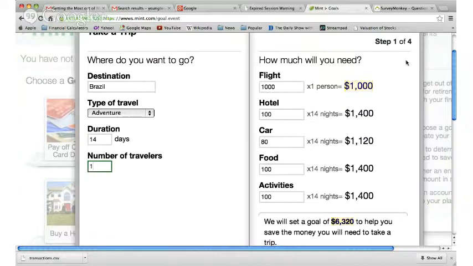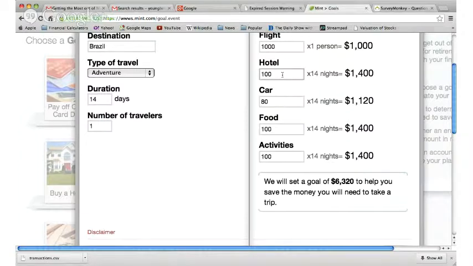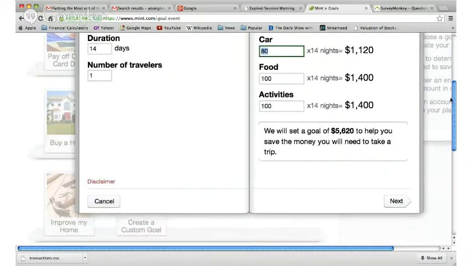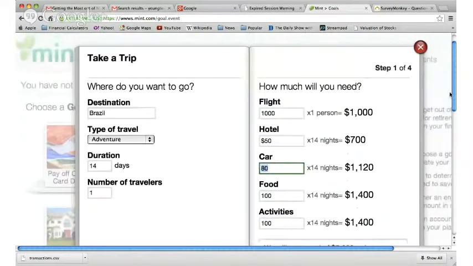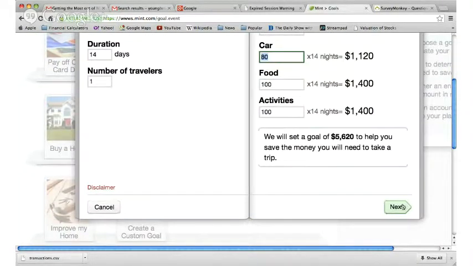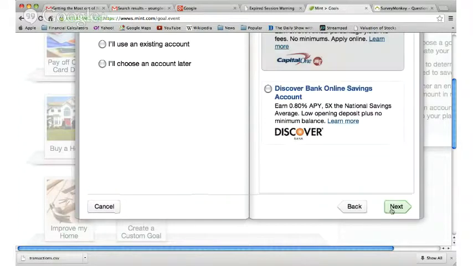So then it kind of has some default numbers for flights and hotels. You could leave those if you've done some research and know, like, no, I'm not going to spend $100, it's only $50 a night on hotels for me. Then you can change those amounts, and then you can click next once you have that figured out. But it's nice because it even helps you figure out how much you'll need. A lot of times we may just think about the plane ticket and not all the other stuff once we get there. So you can hit next,